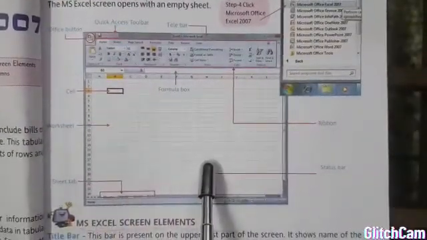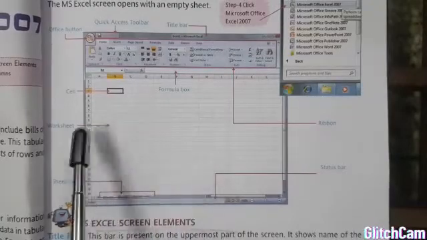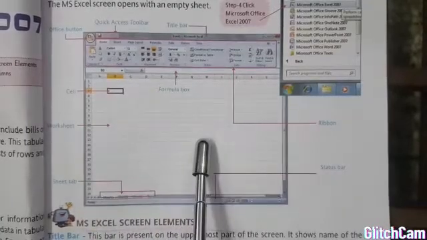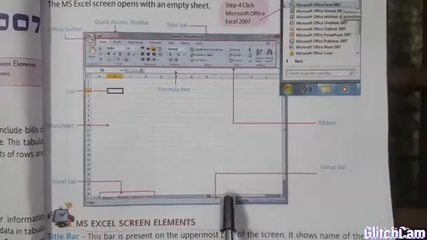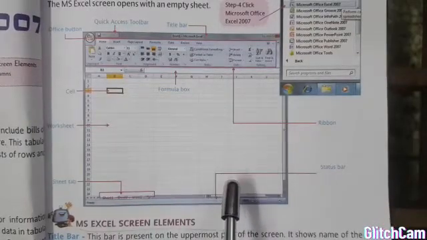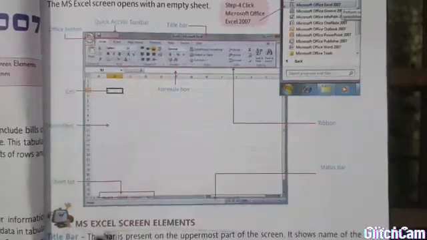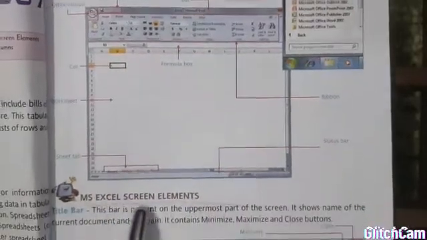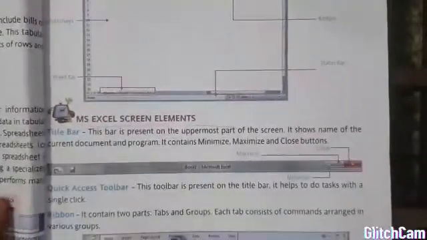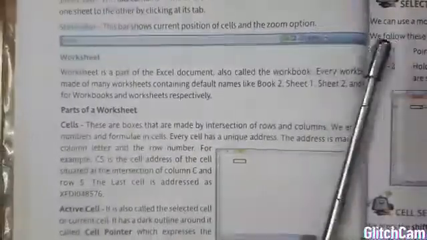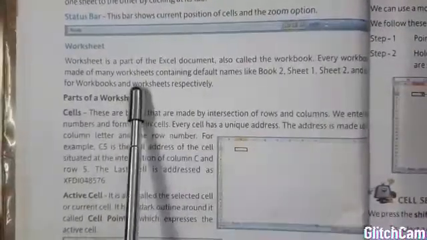in a single workbook. This is a part of your workbook, just like your English workbook or Hindi workbook. We have already discussed the MS Excel screen elements. You just go through all these things by yourself. The next one is worksheet.